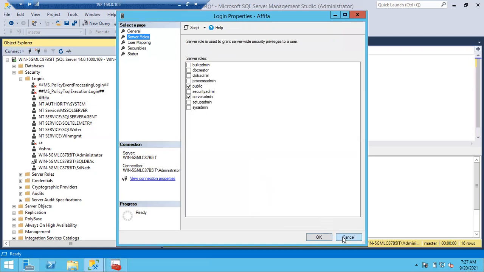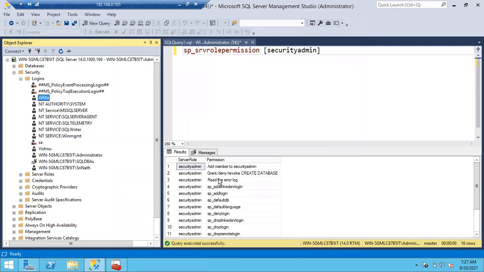Fine. And open a session from one login, the sysadmin login. And try to kill that session from the process admin session. Open a session from sysadmin, and open a session from process admin. Open different sessions with the two users, and try to kill the sysadmin session from the process admin session and let me know the answer.